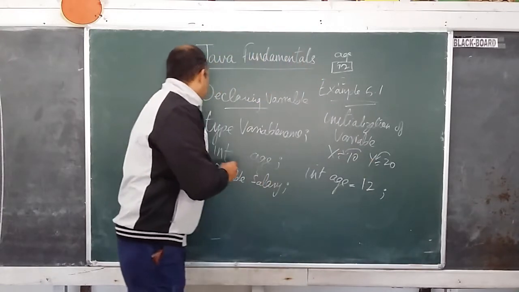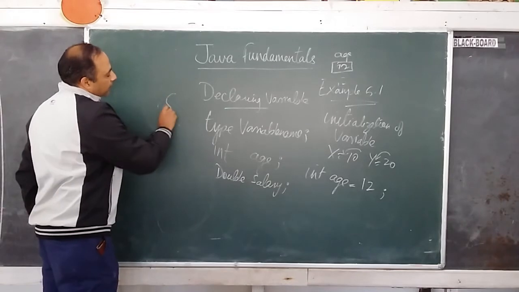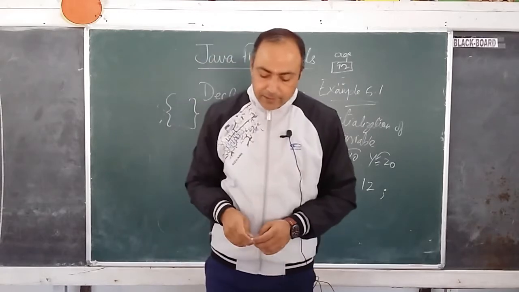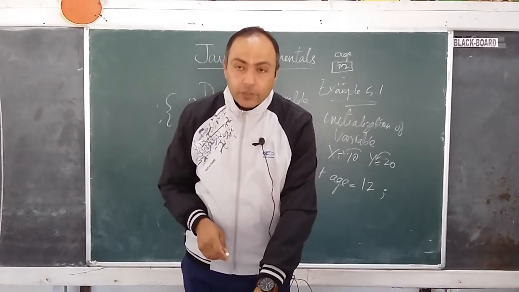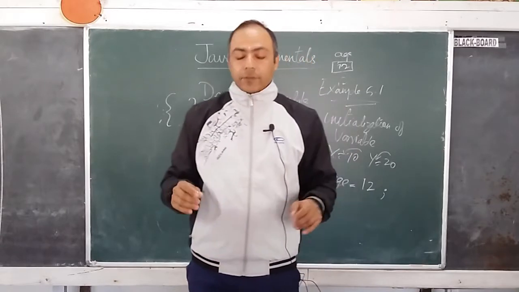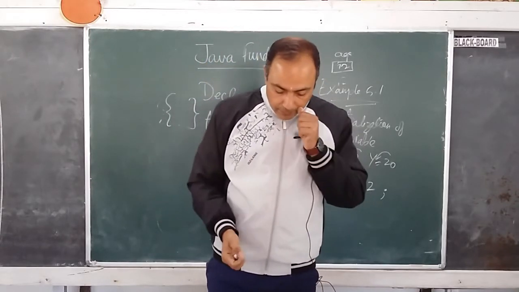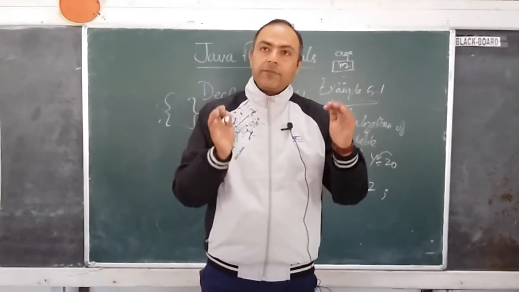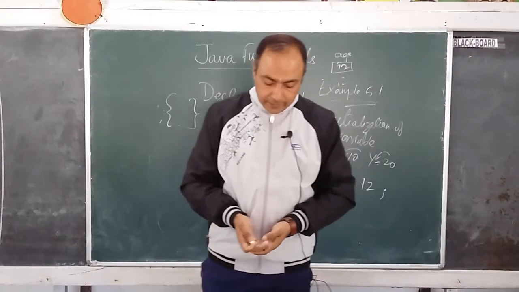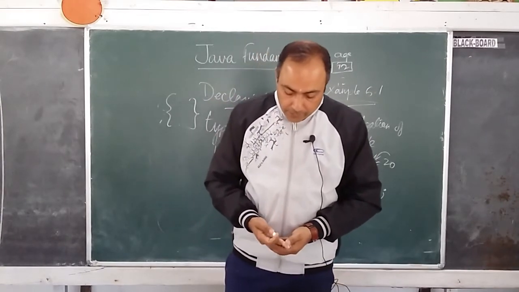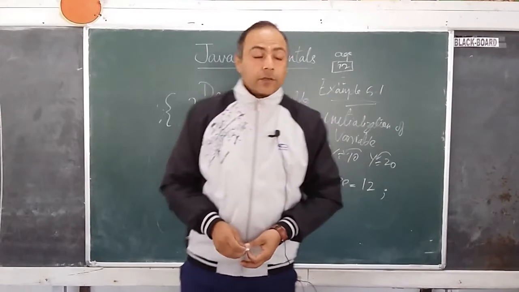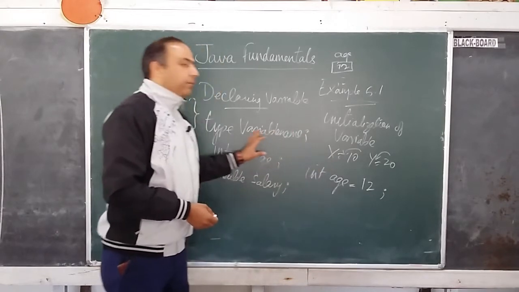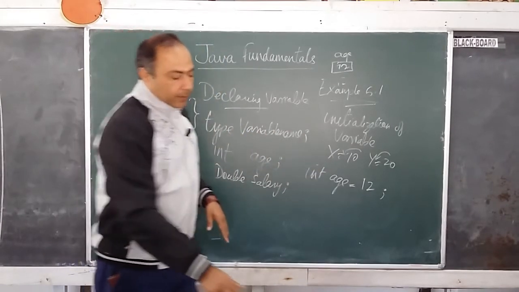These sets of braces declare the scope. If it is inside the braces, then the variable can be accessible. So the broad rule is that a variable is accessible within its set of braces. If it is inside the braces, then it can be accessed. The scope rules are okay. So declaring the variable and initializing the variables is very important. And now the next one is the constant.